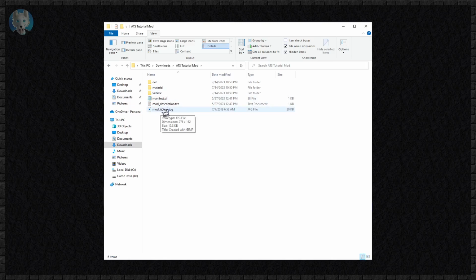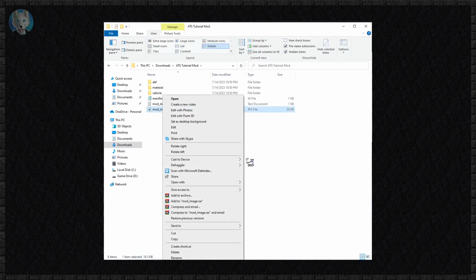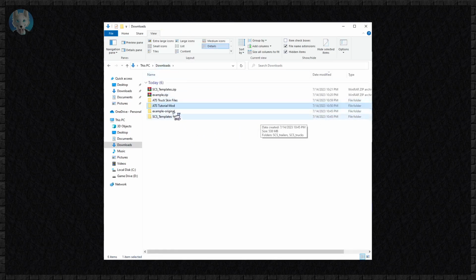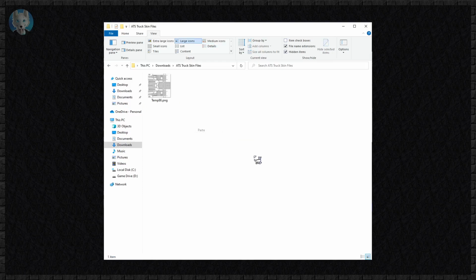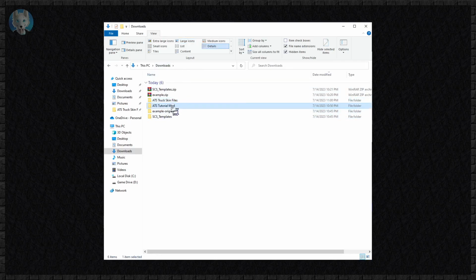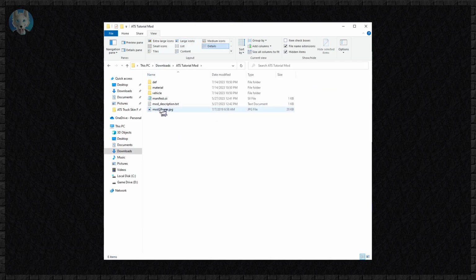And here's the mod image as well. What I would do is take this meta image and copy it, because we're going to replace it later. Let's take it over into the ATS truck skin files and paste it here. It just tells you the example size of what it needs to be. I'm just going to edit on top of this, then copy it, go back into the mod folder, and paste it and replace this. That image is the one you're going to see when you go to the mod